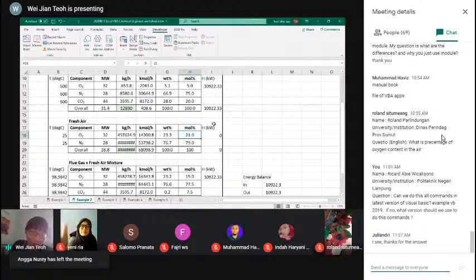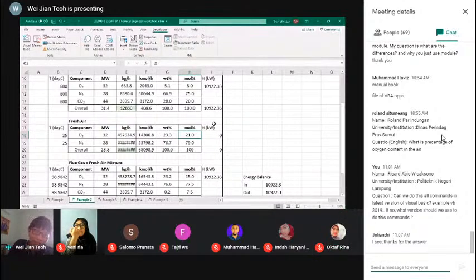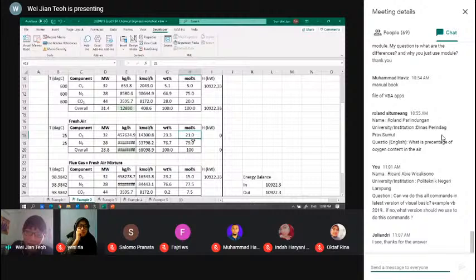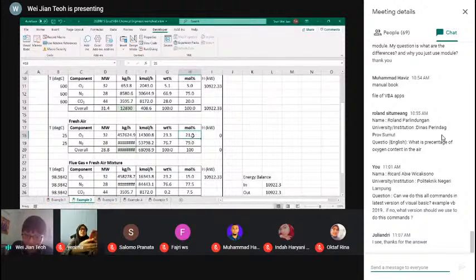So this is just a simple example to make it easy for you to calculate. Don't treat this as a real project. In my real project for a gas turbine, we calculate more accurately, of course. This is just an example to guide you on the basics of VBA. So to answer the question, I put 21% oxygen and 79% nitrogen. That's how I chose the air composition. I hope that answers the question, Ronald.